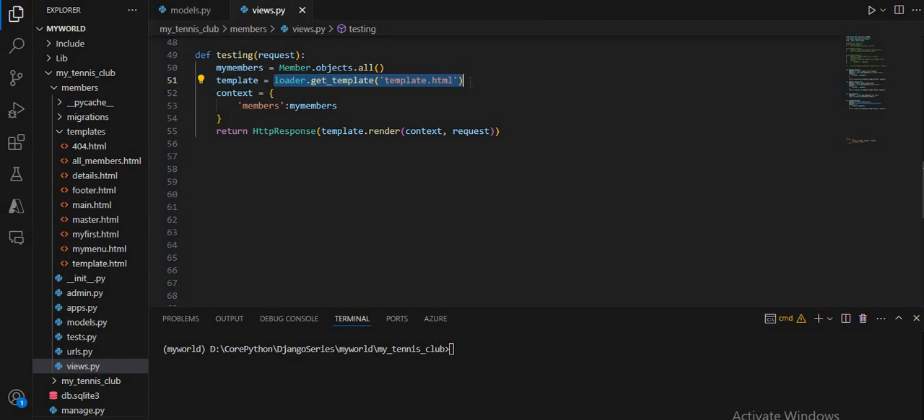loader.get_template('template.html'), this loads the template named template.html from the templates directory. This is our template directory. Using this line, this will load the template named template.html from the templates directory. On the next line, the context,